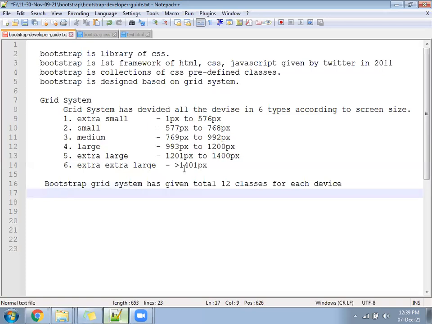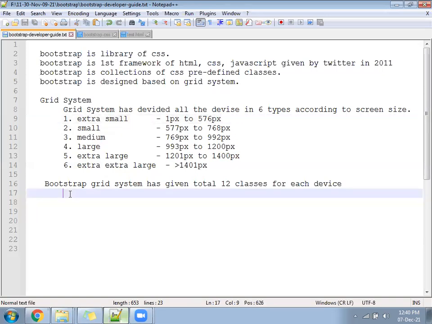It's not the same class for every device; the class for extra small is different and the class for small is different.